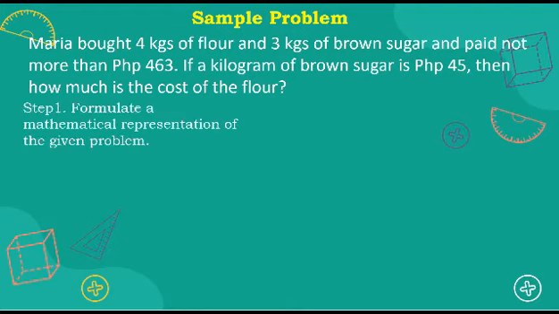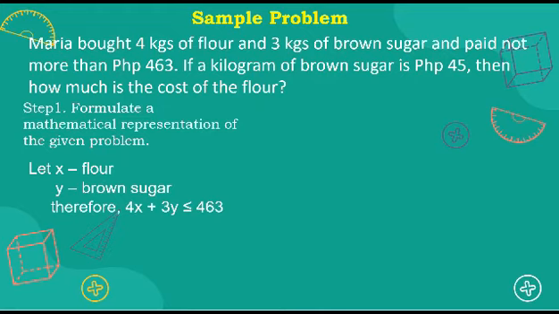So for step 1, formulate a mathematical representation of the given problem. We let x be the flour and y be the brown sugar. Therefore, we have the inequality 4x + 3y ≤ 463,